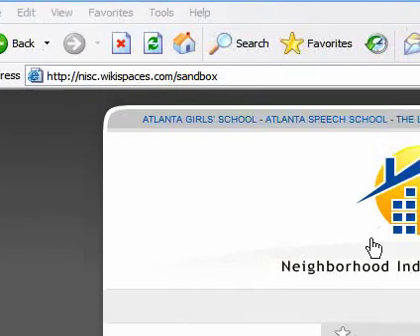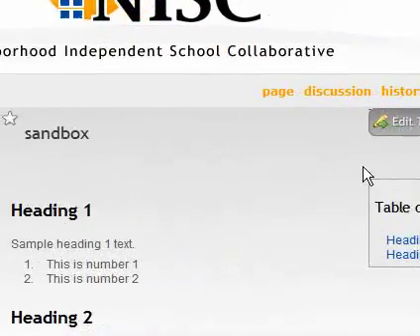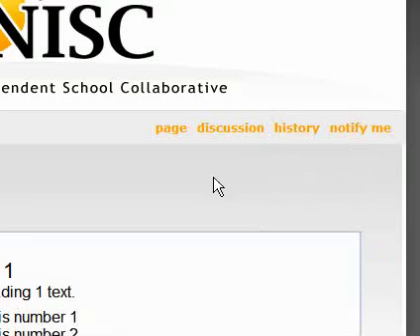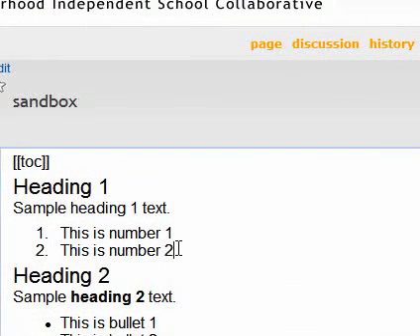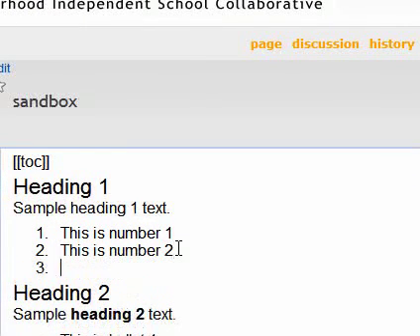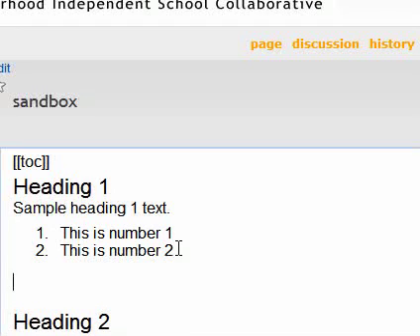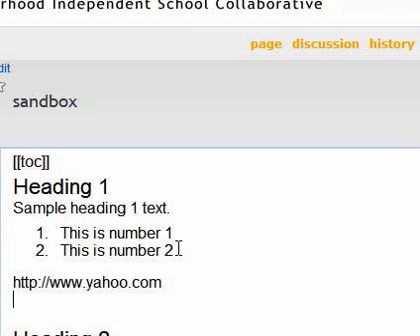There are 2 ways to add links to a wiki page. First, click on Edit this page. Enter the text area. In this case, I'm going to add a link right after number 2. I hit Return twice. The first way to add a link is to type the web address for the website directly into the page. Make sure to include